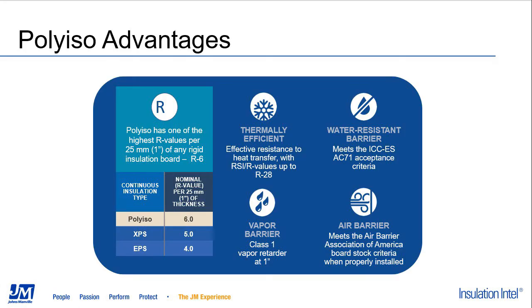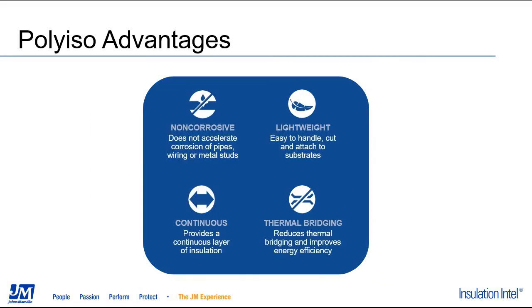So polyiso is the highest R value in any rigid board that we have to offer. You can see there our polyiso is at 6 R per inch. There's other foams that come in less than that. So a very thermally efficient product, can also act as a water and air barrier when properly installed, which I'll cover in a minute. And the big thing with polyiso is that this is really meant to provide continuous insulation